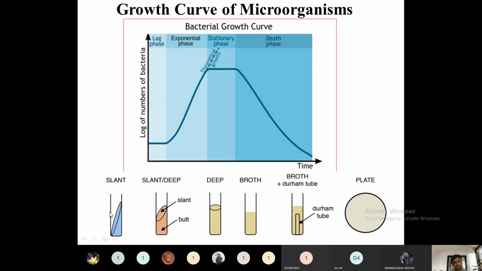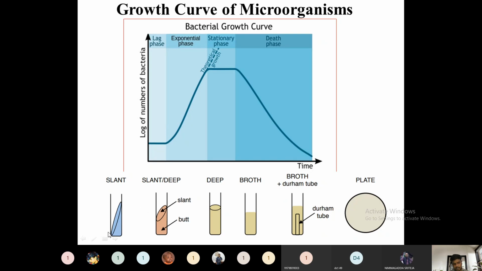If you see, this is slant culturing, and this is slant or deep. When we tilt that test tube, the surface area of that medium will be increased so that microorganisms will grow at their own rate. Then this is somewhat deep growth. This is a common growth type, and this is growth from a Durham tube. Some tube will be there in order to increase the surface area on which the microorganisms will retain more. So this is a plate technique. We already have seen this. So these techniques are there, 6 techniques.